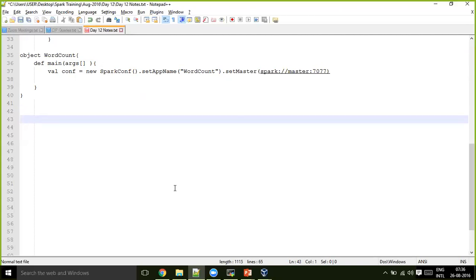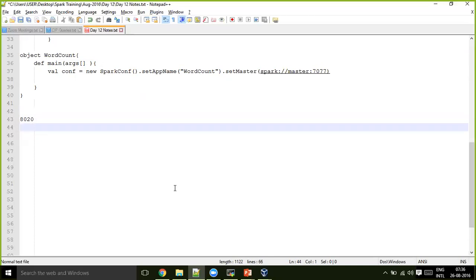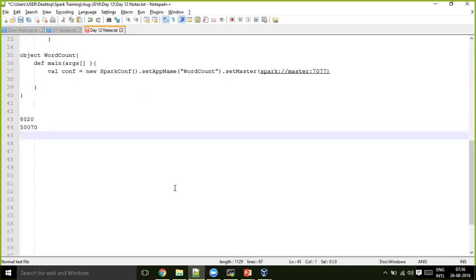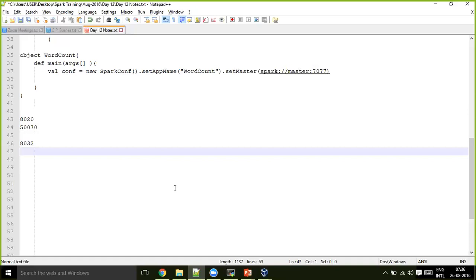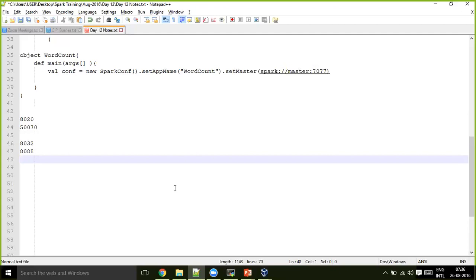The same way, 8020 for your name node is a TCP port number to interact with your HDFS file system. 50070 is the web UI port number. And 8032 is the TCP port number for resource manager, and 8088 is the web UI port number.